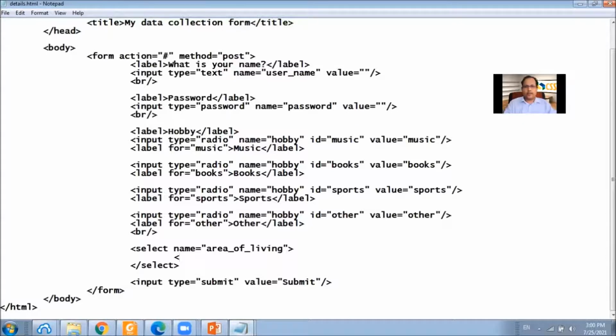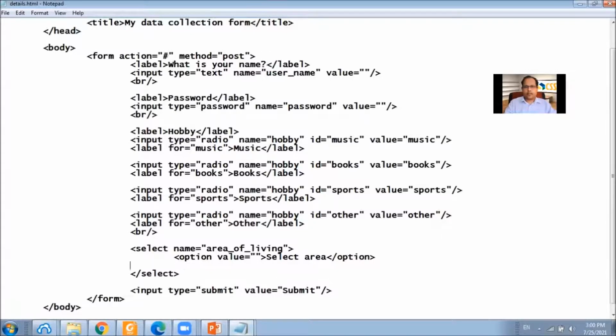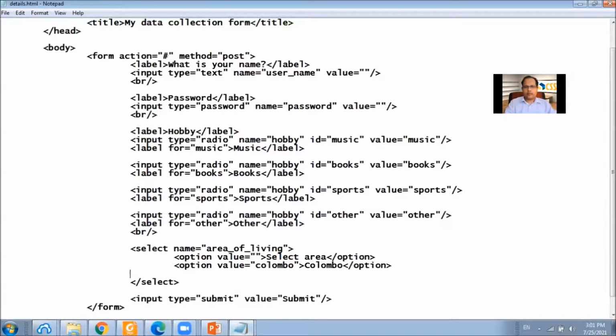And we can give different options. The first option we provide is an empty option, and it says select area. Then we can provide other options, Colombo. Other.